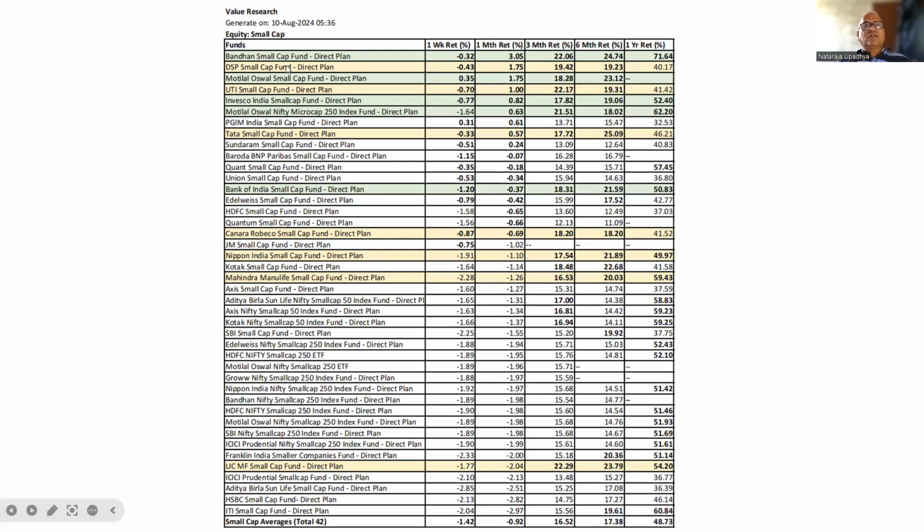The ones in green are Bandhan Small Cap Fund, Motilal Oswal Small Cap Fund, Invesco India Small Cap Fund, Motilal Oswal Nifty Micro Cap 250 Index Fund, Bank of India Small Cap Fund. These are in green. The monthly return highest by Bandhan Small Cap Fund at 3.05% and Bank of India Small Cap Fund gave minus 0.37%. That means the small cap funds went through some correction on a weekly basis and a monthly basis. The top annual return is by Bandhan Small Cap Fund at 71.64%, which stands out way above all other small cap funds, and it has done